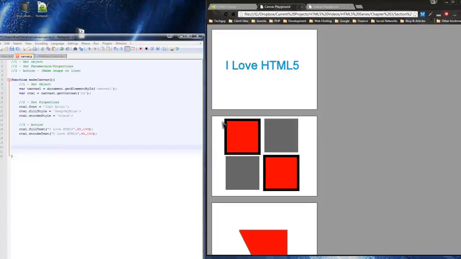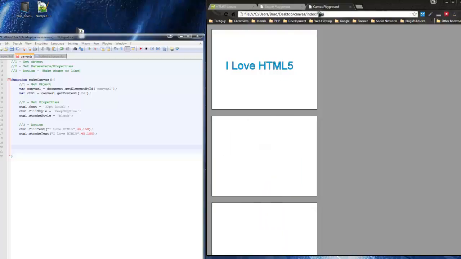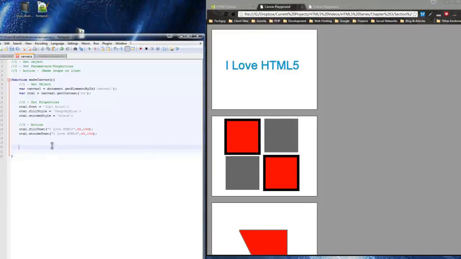Two of them red with borders, and then two gray ones without borders. And I like to keep it there. I like to look at it while I'm writing the code. Just makes it a little easier. So I'll just put a comment here saying canvas 2 squares, and I'll clean this up before I actually put it in your program files,